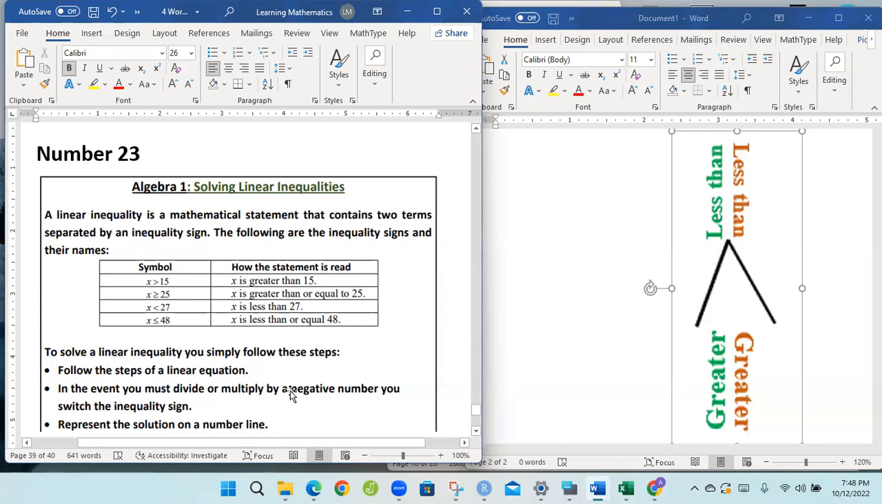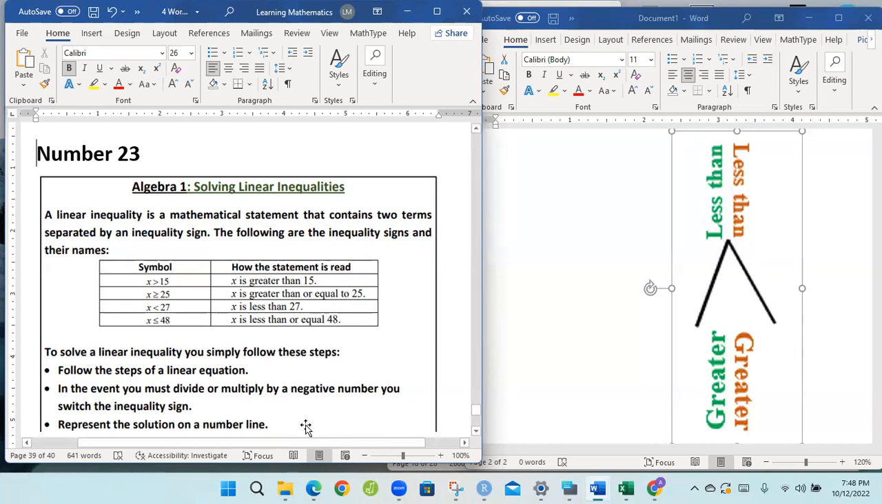Follow the steps of the linear equation. Simple as that. And in the event you must divide or multiply by a negative number, remember, in the latter end we have to always be dividing by the coefficient. And if it's a negative number, you switch the sign of the inequality. You switch the direction. So if you have to divide or multiply by a negative number, you switch the direction